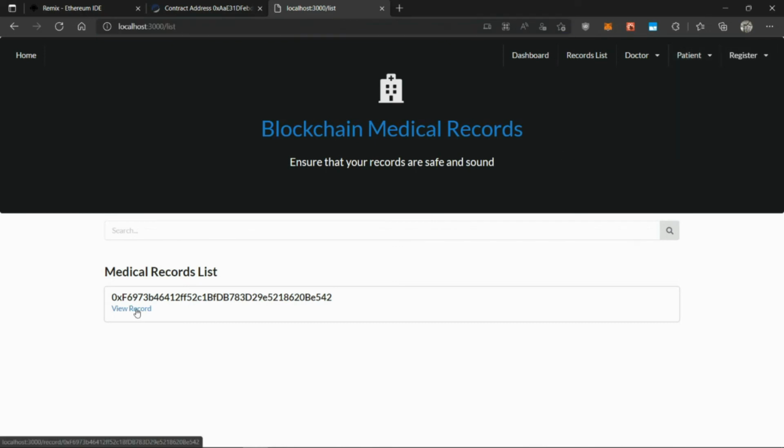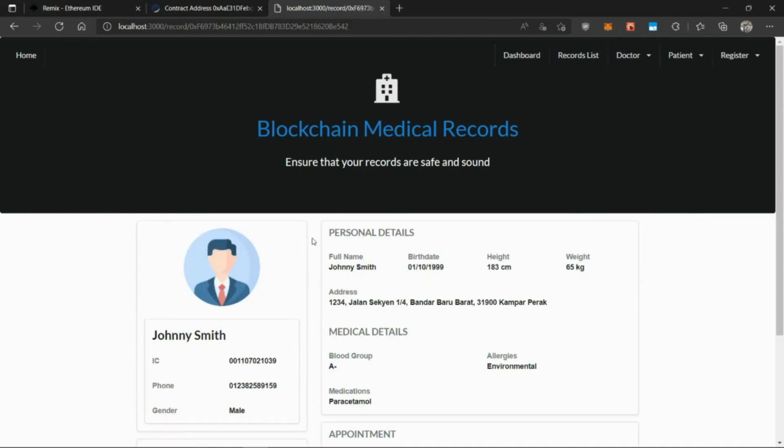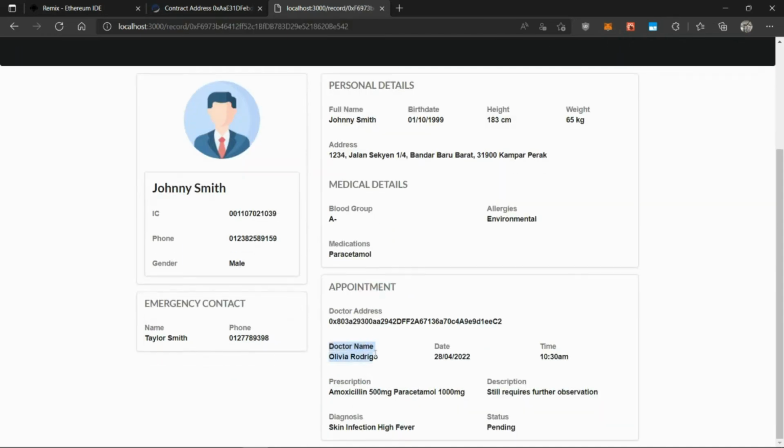So the only way I can view which doctor is through here. I can view the doctor's name. So maybe when I go to the hospital, I will tell them I have an appointment with the doctor, and then what's the date and time. Maybe not show them the medical record, just tell them the date and the time. And then yeah, I can proceed to the appointment